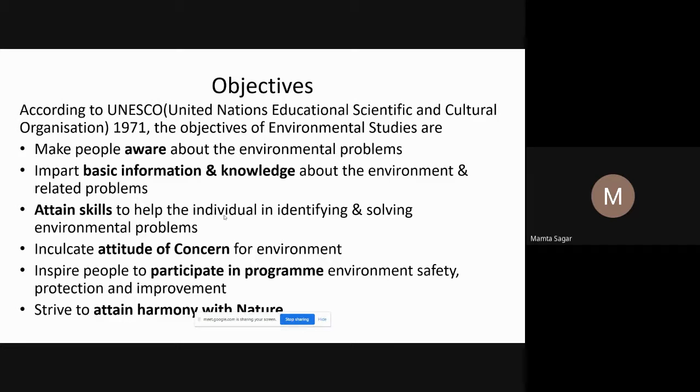So the first one is to make people aware about the environmental problems. In our last classes also, some students replied that we should be aware because we are unaware about the environmental problems. That's why we are facing these problems. In the current time, our educational curriculum doesn't create awareness about the problems. So most of the people are unaware. Especially we have discussed the developing countries, where people are unaware. So the first objective of studying this subject is to make people more aware about the